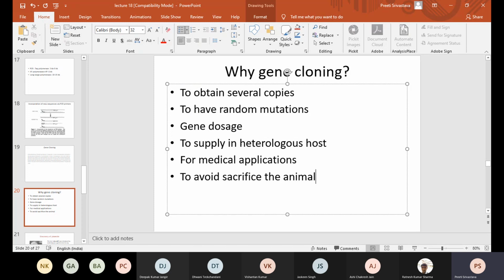That's the biggest advantage of gene cloning. If you think that you want to obtain, for example, as Deepak said, insulin, or the gene for granulocyte colony stimulating factor, or any other gene which is from brain cells,